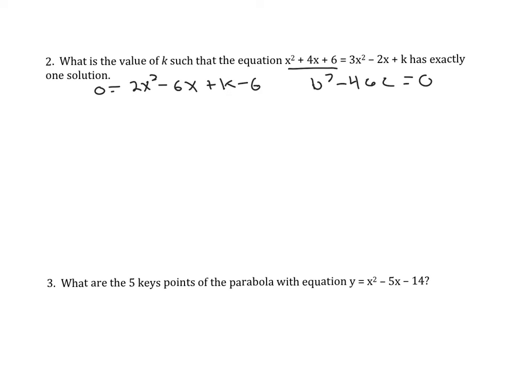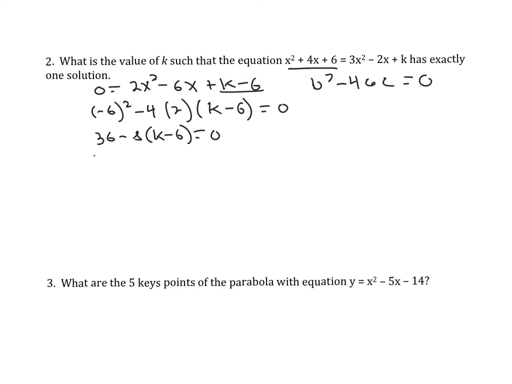So when we plug in, we're going to get negative 6 squared minus 4 times our a value of 2 times our c value of k minus 6. We know that this has to equal 0. That's going to give us 36 minus 8 times k minus 6 is equal to 0, or 36 minus 8k plus 48 is equal to 0,